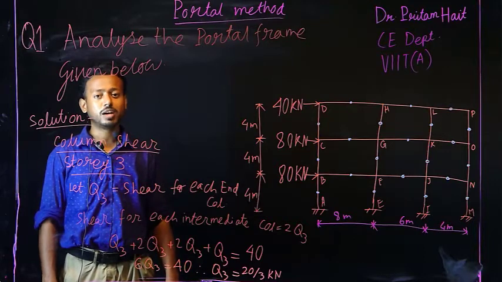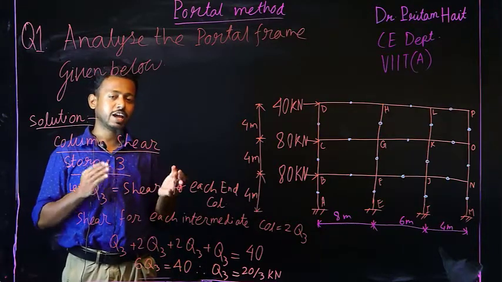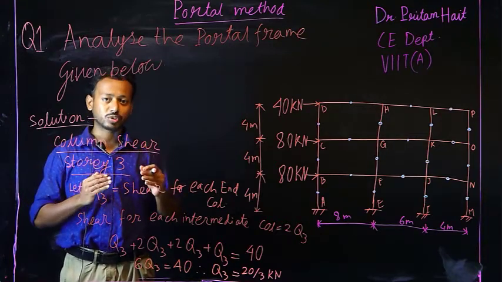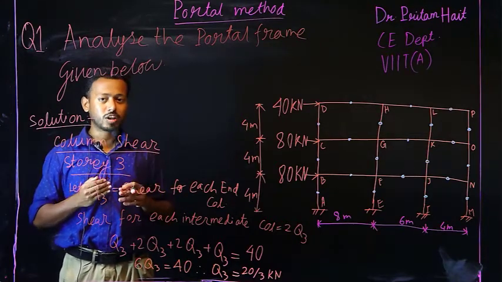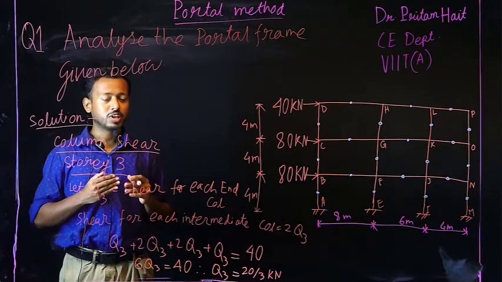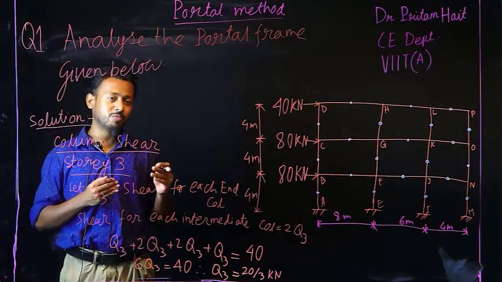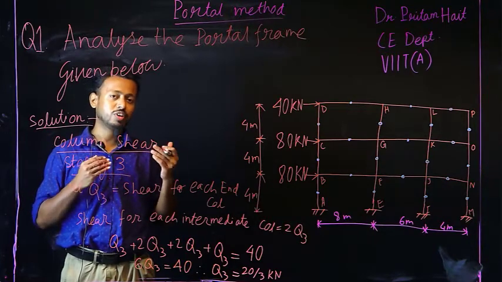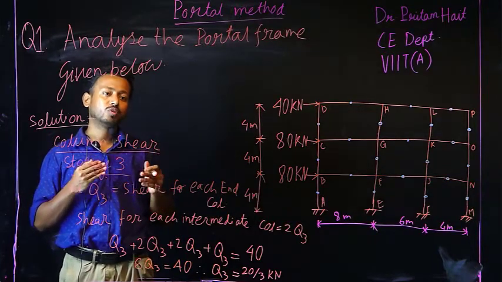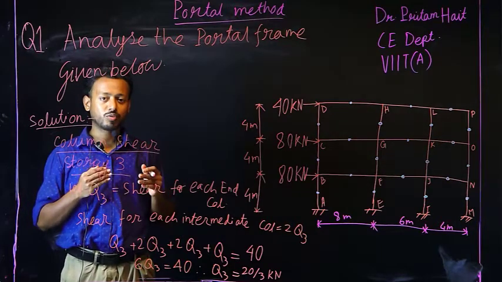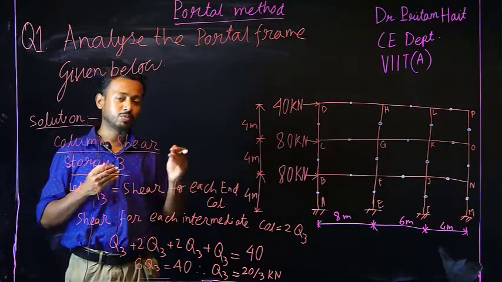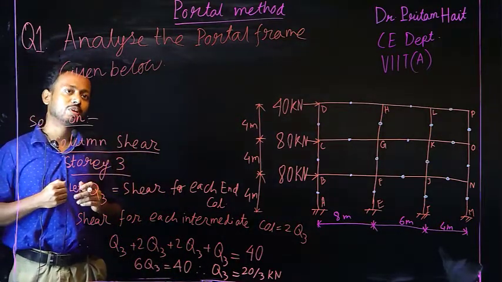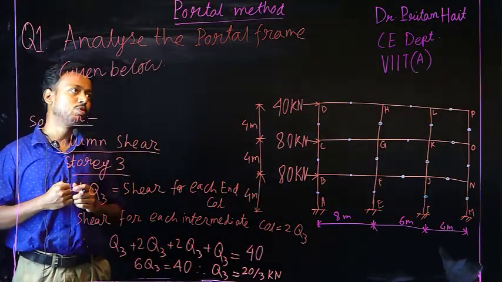How is a multi-storied building analyzed, and what are the different forces, that means the axial force in column, bending moment in column, shear force in beam and bending moment in beam, the forces acting in the structural members? We will analyze, and after that we will draw the total shear force and bending moment diagram of the given portal frame. Here one problem is given: analyze the portal frame given below using the portal method.